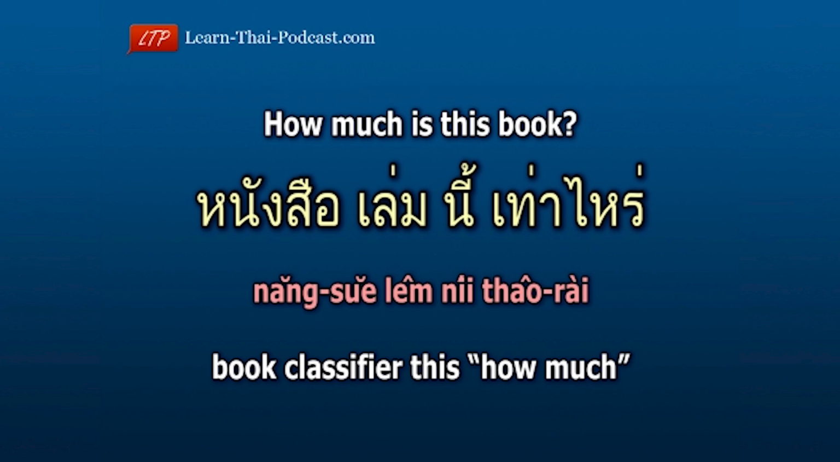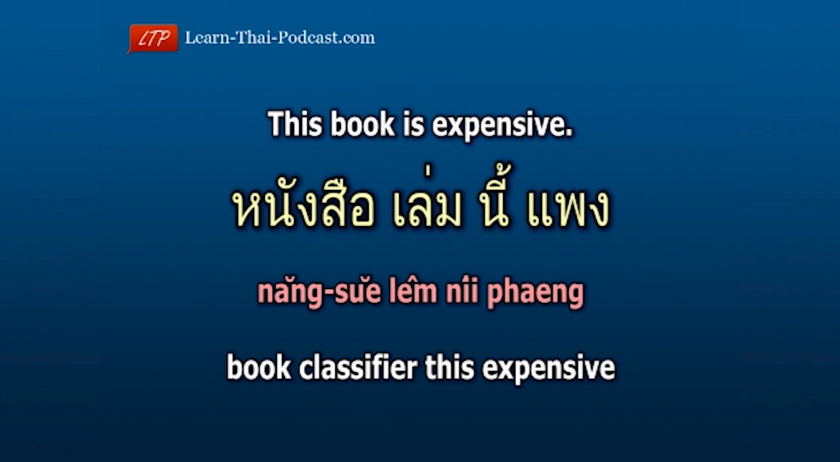Another example. This book is expensive. หนังสือเล่มนี้แพง Book, หนังสือ classifier, เล่ม this, นี้ expensive. แพง Book, classifier, this, expensive. หนังสือเล่มนี้แพง